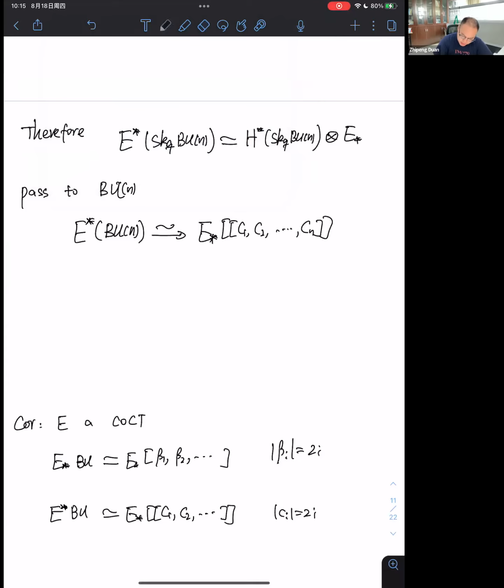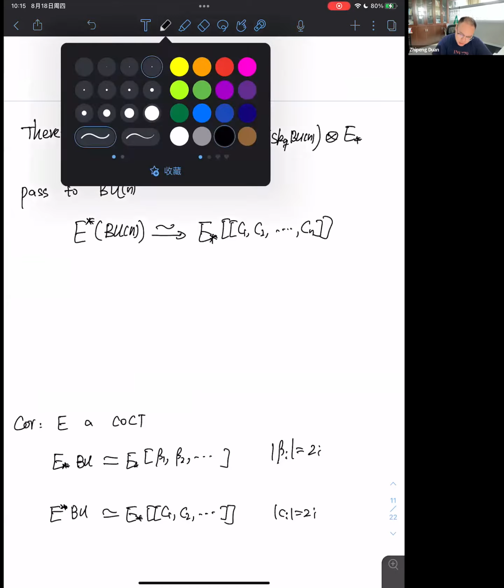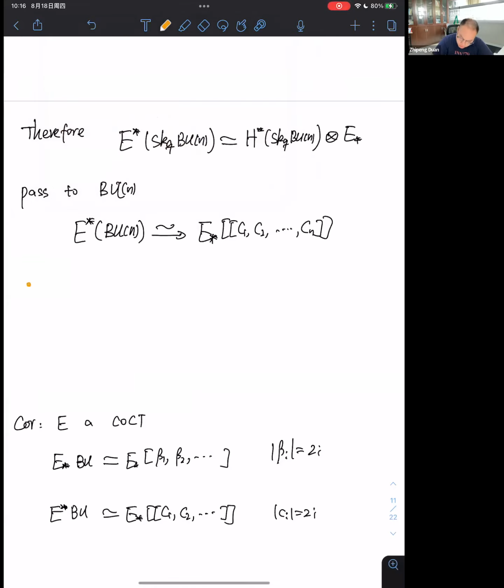So this is the power series over E star, the coefficient E star, with n generators c1, c2 up to cn. But here I want to remark that those generators in E star BUN, c1, c2, cn, actually depend on the choice